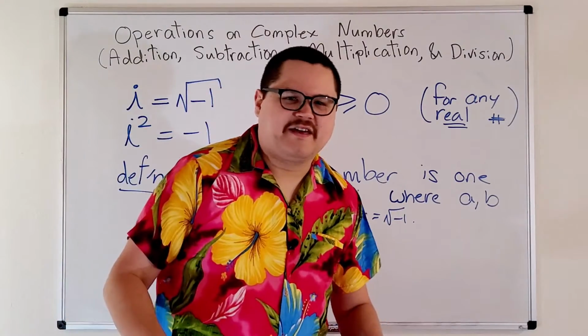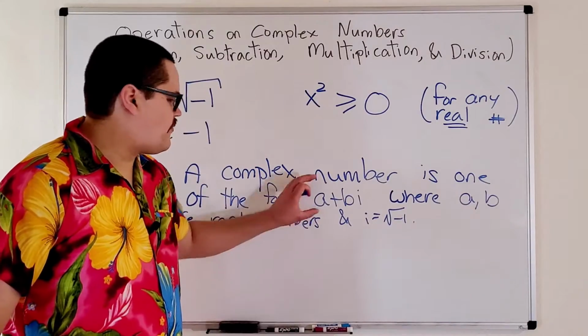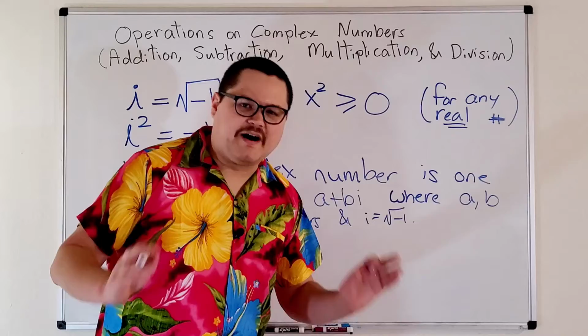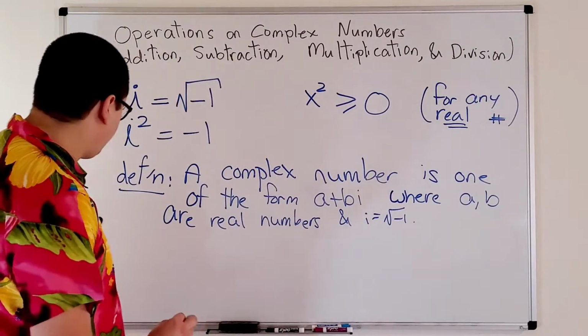So anything that you can write in the form of a real number plus a real number times i is a complex number. For example,